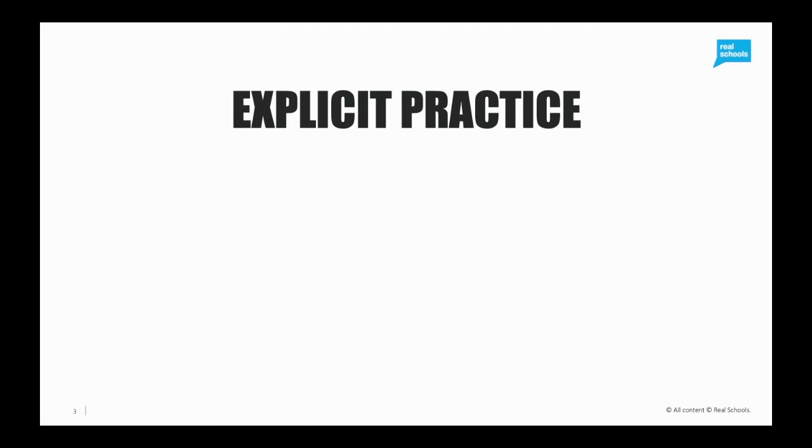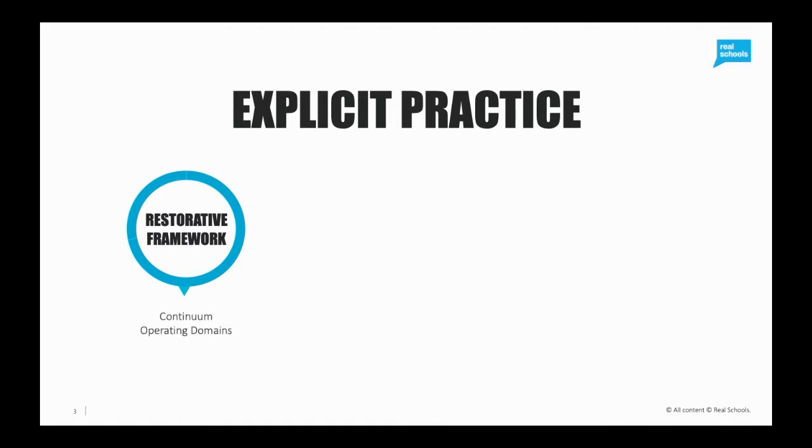So let me reveal to you what our 3-year journey is all about in terms of how we're going to learn what that plan is. This is the one plan on a page for a 3-year journey for your entire school. We're going to touch on the very first component of it today, which is the restorative framework. And that's about looking at the continuum and what it takes to operate with consistency right up and down from the informal, the little things that happen hundreds of times every day, all the way through to the formal things that are going to make a difference, because we need to be consistent there to discourage the boundary testing.